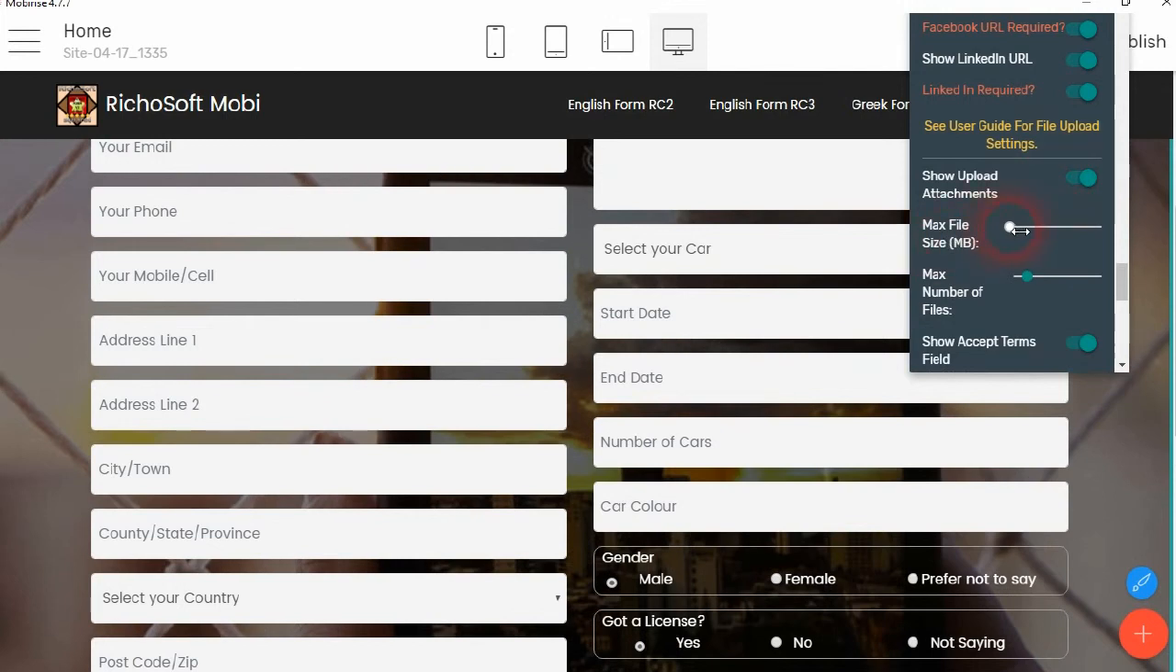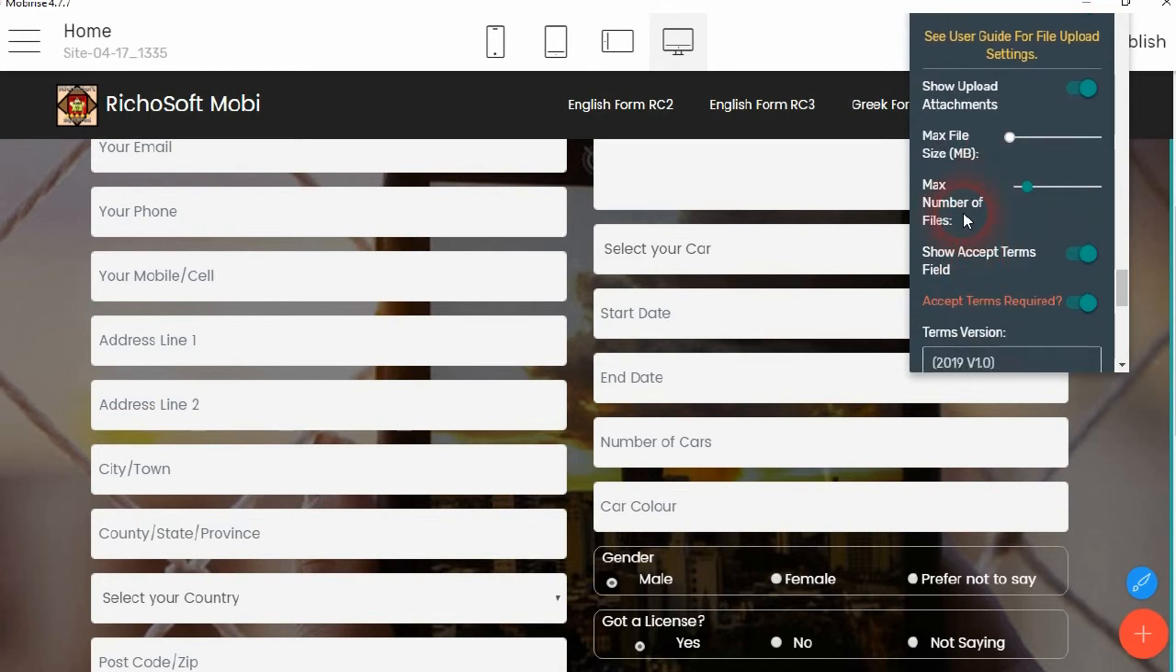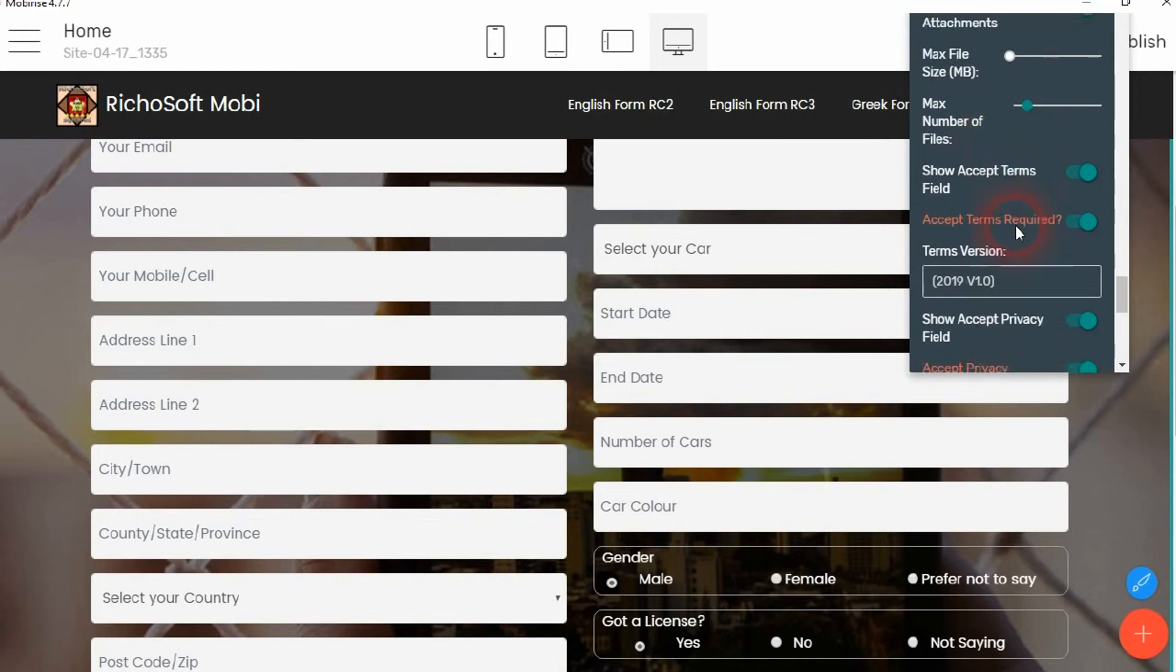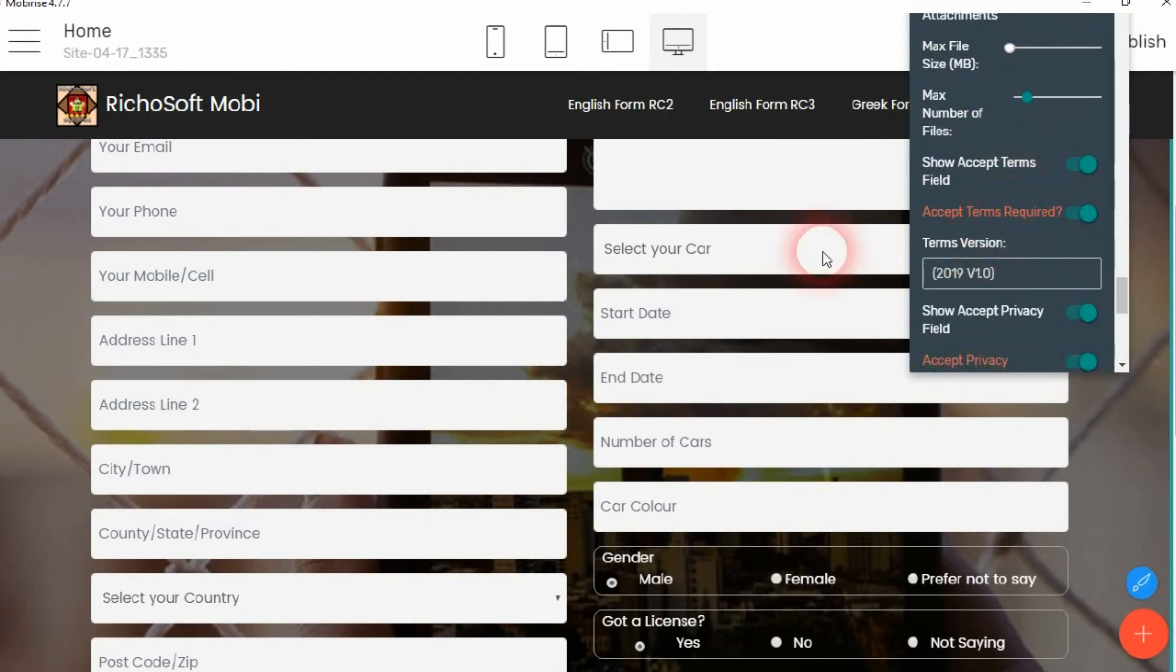and the maximum file size that they can upload, and that's in megabits, and that will depend upon the settings in your host. However, there is instructions on how to upgrade that to a higher value, because most hosts will default to 2 megabit, but if you wanted it to be 20 megabit, you can set that in an htaccess file. Okay, then there's the maximum number of files that they can add, so it can be anything from 1 to 6, and whether to show the accept terms field, which is